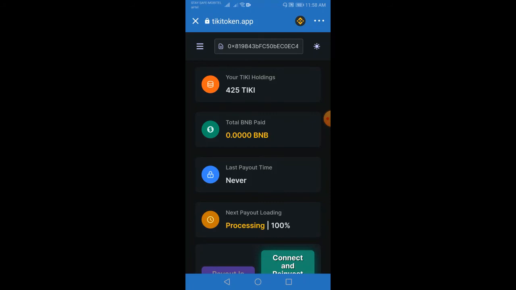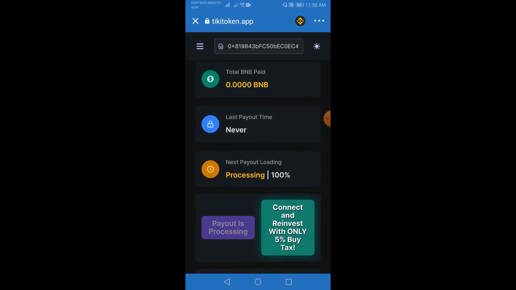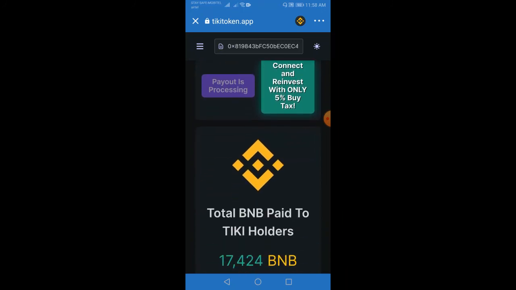I bought the Tiki tokens just now, so the last payout is not given yet. Every 1 hour they process the BNB rewards to your wallet directly, no need to claim manually. You can also reinvest with only 5% tax, and my payout is processing now, so it will be received in about 1 hour.